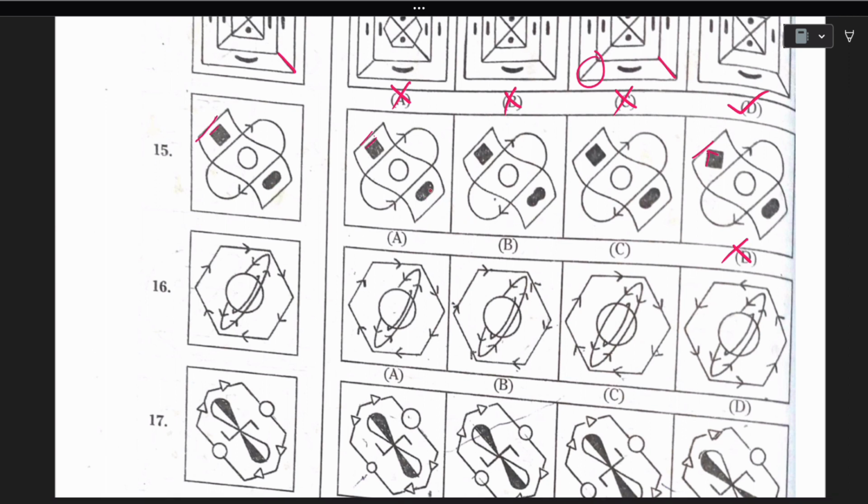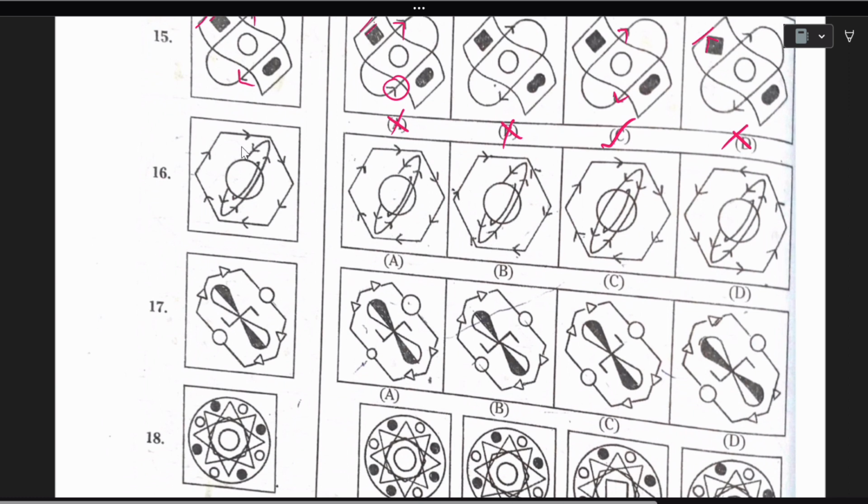Here this cylindrical shape is fine, but this cylindrical shape is not fine, so we will be eliminating B. Next, we will be checking our arrows. Here the arrow is up and then it is down. It should be down, but it is not down, so we will be eliminating A. And the final one is up and down, so C is matching with the question, so we will be selecting C as our correct answer.